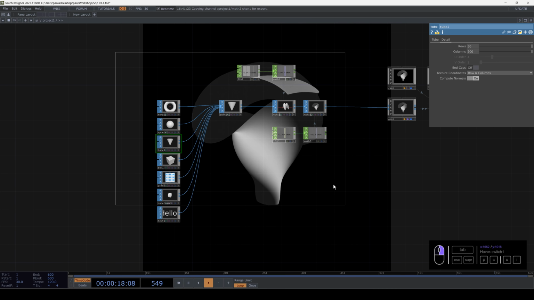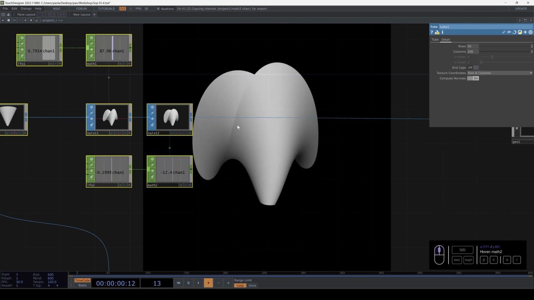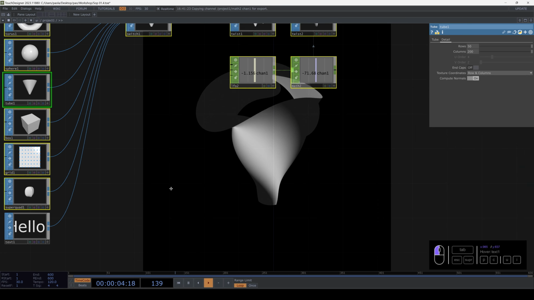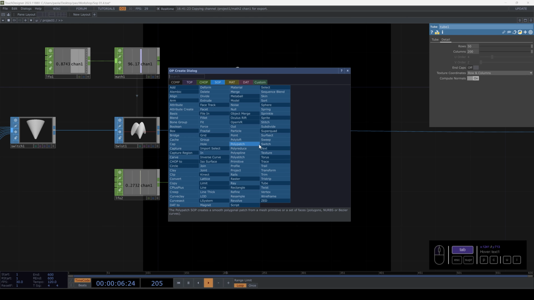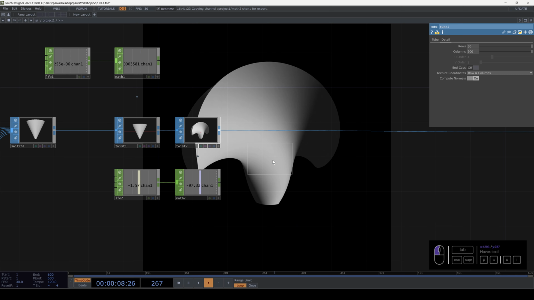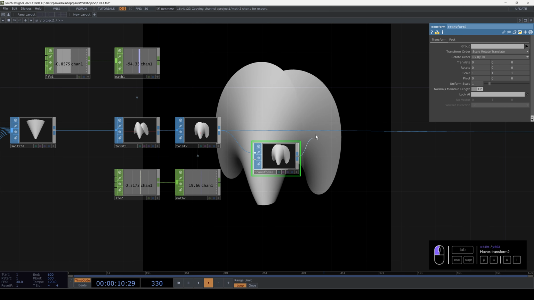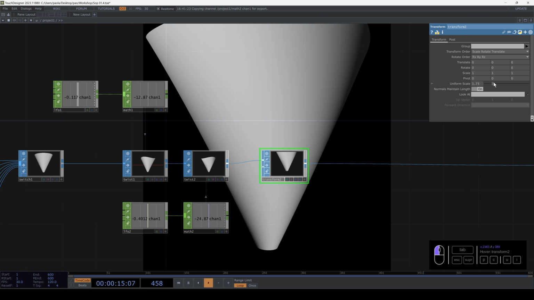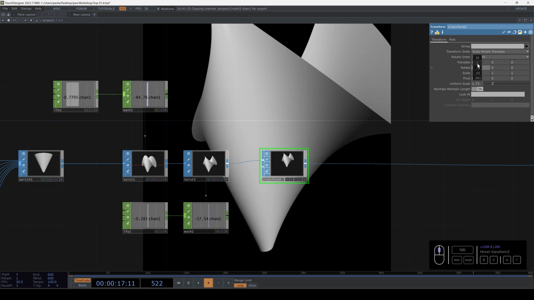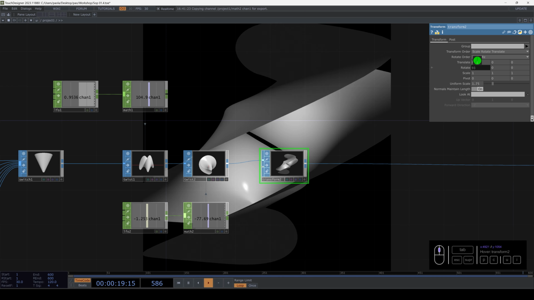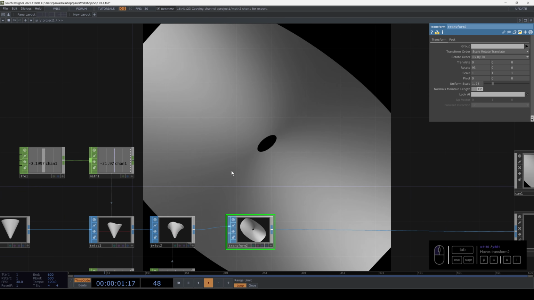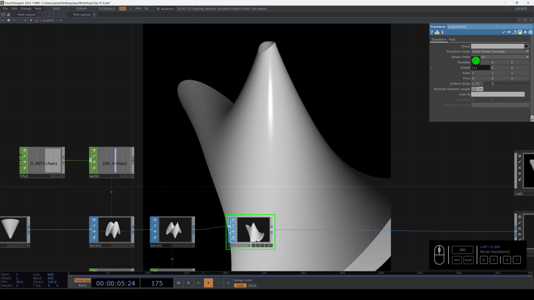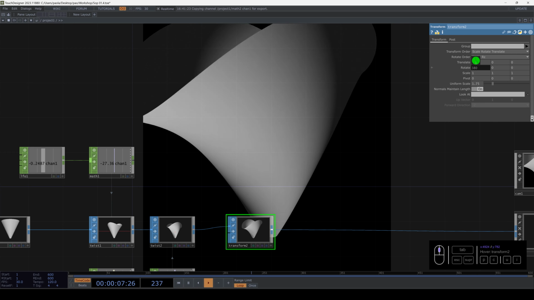What else can we do? We have options like, oh, give me a second here. We can add a transform, so that gives us the option to move or scale this one. So for example, I can scale or rotate this one so we can see another view. Try to do that sometimes, change the view, all of this. Or sometimes, because this is an important thing,